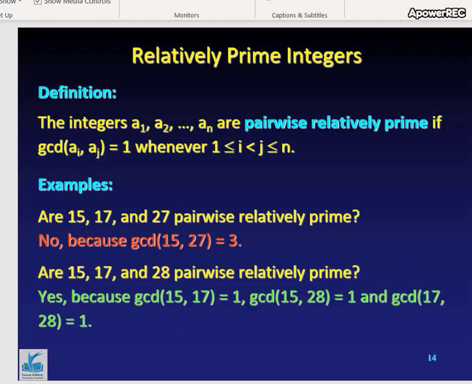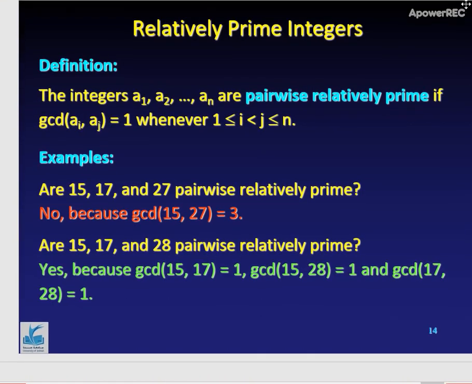Alright, so far we have considered the definition of greatest common divisor and relatively prime for only two numbers. The idea of the greatest common divisor can easily be extended to more than two numbers, and the underlying idea is again to find the common divisor, which is the biggest one between two or more than two numbers. So in this case we can define that the numbers are pairwise